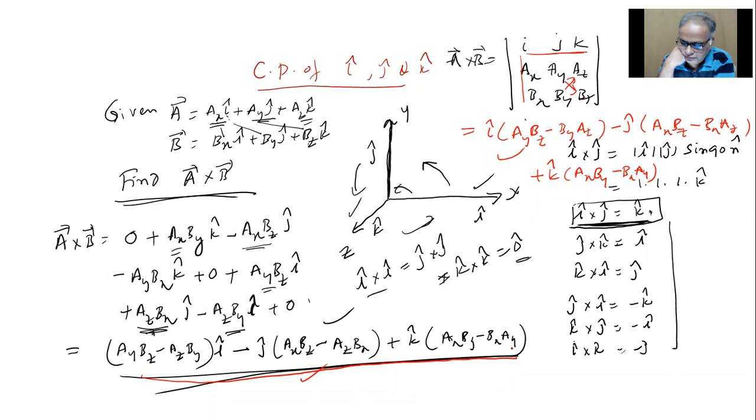Have you all written down? But as I told you, compare with the dot product here. There i dot j is 0. j dot k is 0. k dot i is 0. But here i cross j is k. j cross k is i. There i dot i is 1. Here i dot i is 0. Sorry, i cross i is 0. So one is based on sine, the other is based on cos.